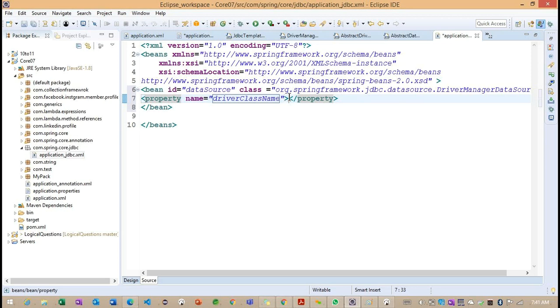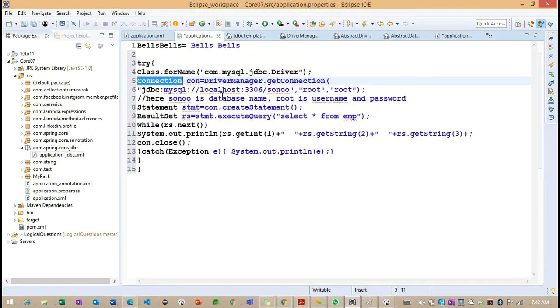Now we can go for the value here. Inside this value, what is the driver class name? Which driver class name do we need to provide here? What is the database we are connecting to? If you see in the previous example, they are working on MySQL. So where is the driver class name? This is it. Right, now this is for MySQL, but now we need to focus on our Postgres driver class name.